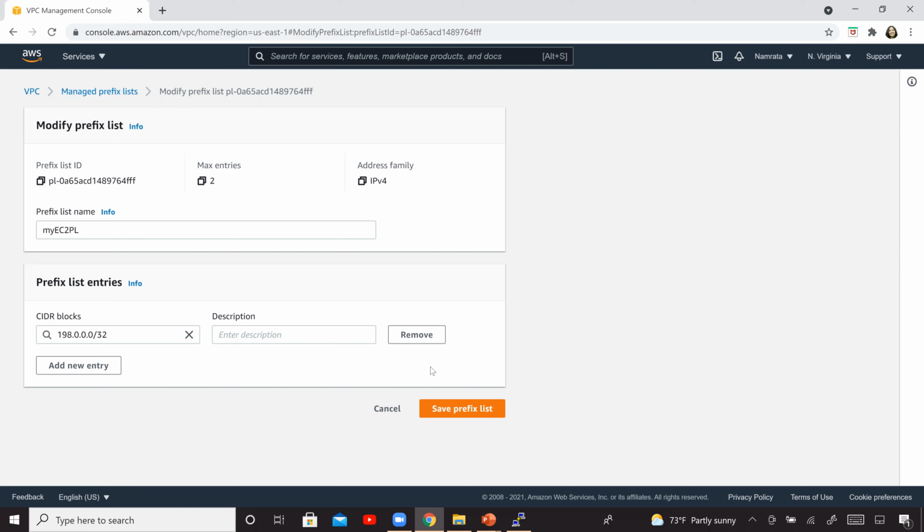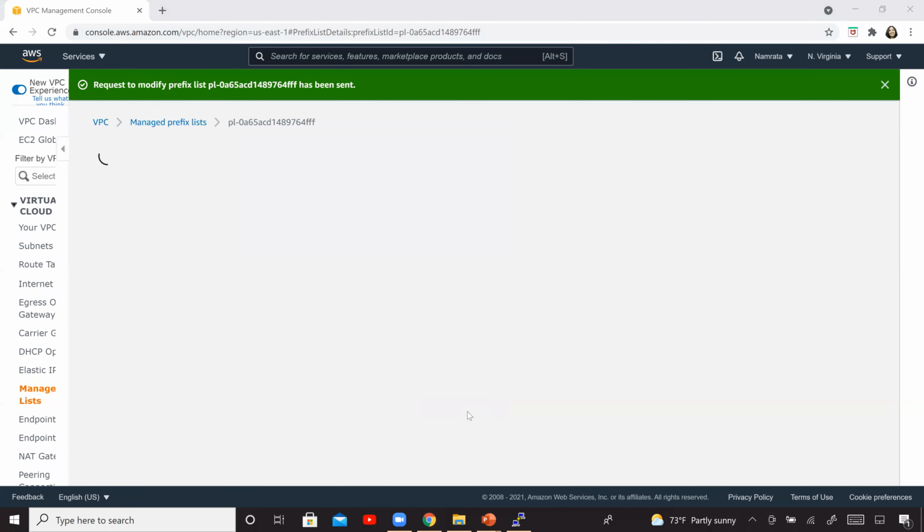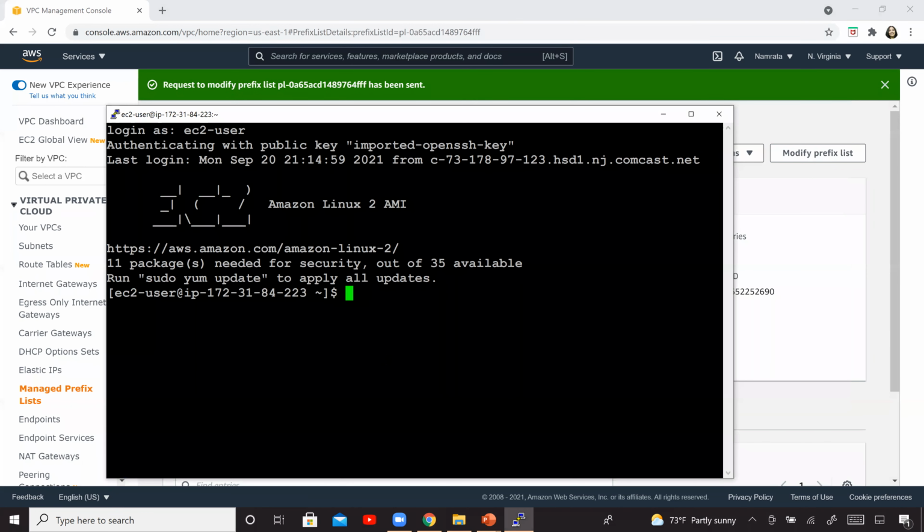Now it is gone. And we are going to save this prefix list. And it's no longer part of this prefix list that is now currently being referenced by your security group, your EC2 security group. Hence, once this prefix list is saved, you should not be able to SSH into your EC2 instance anymore, right? So let's save this and then go back over here.